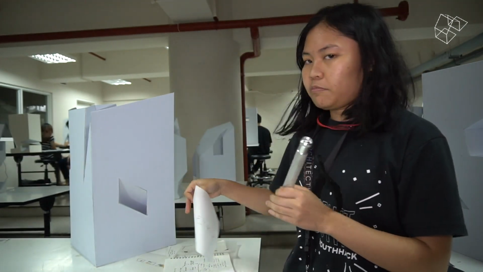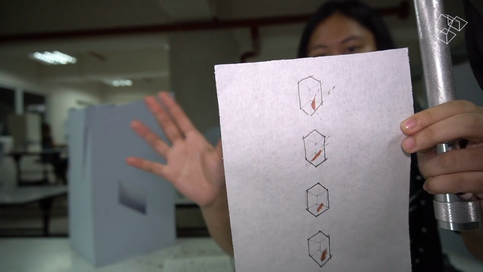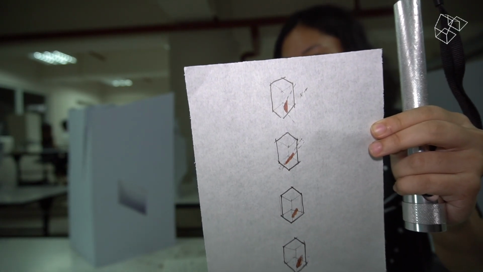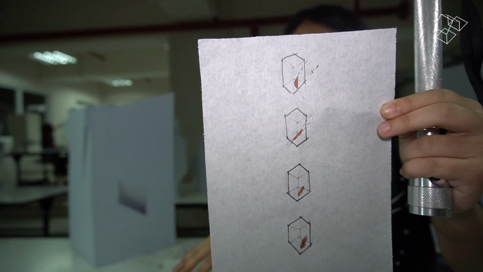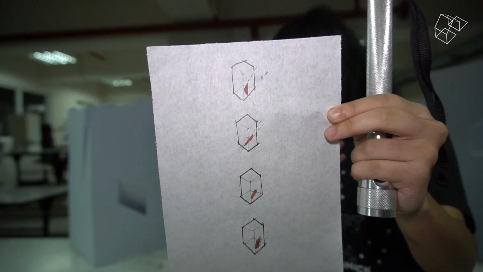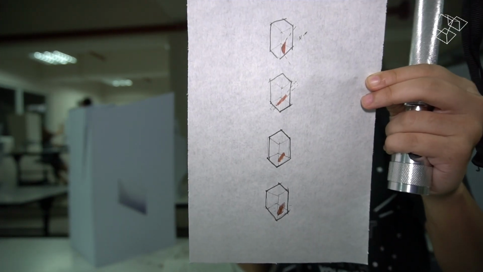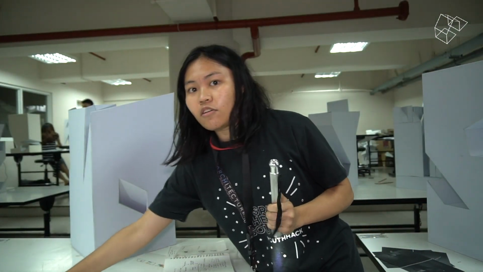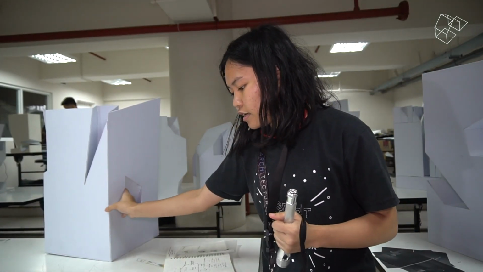And here, this is the process of how I decided to put volume within it. First, I followed the angular trigonometry, then added a planar flat plane, and then I extruded it into a volumetric surface. The process goes all the same with the other angles. And then the next one is the